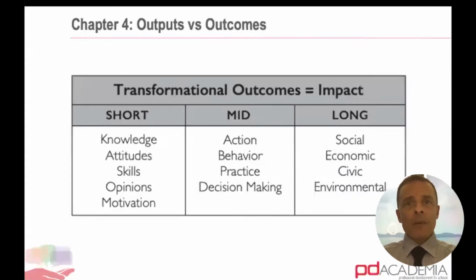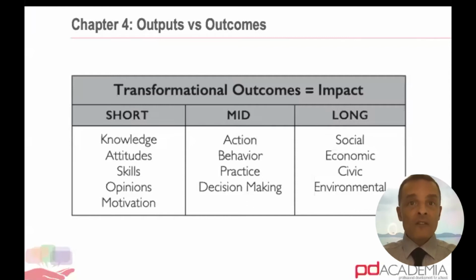Now, when we start thinking about the outcomes, or what I'm going to call the purpose of your team, the purpose of your team is to achieve some outcome at either a short-term, mid-term, or long-term level. Now, for most teaching teams, I would say you're lucky if you can just focus on short-term outcomes. These outcomes are anywhere between 1 to 2 years, whereas the midterm outcomes are 2 to 5 years. Now, I say you're lucky because how long is your team going to be together?